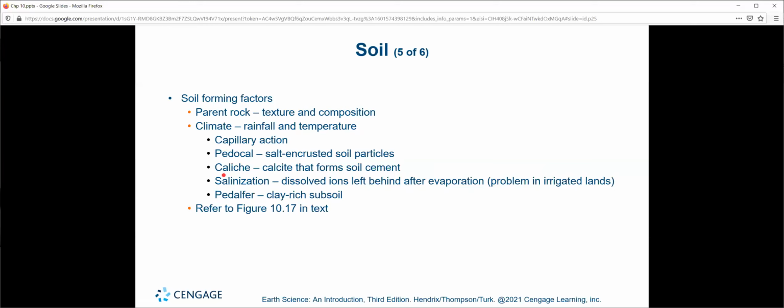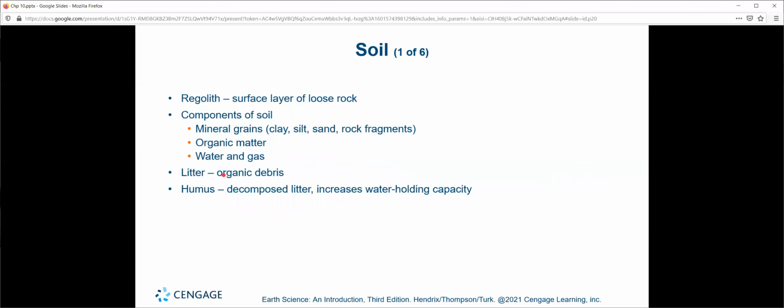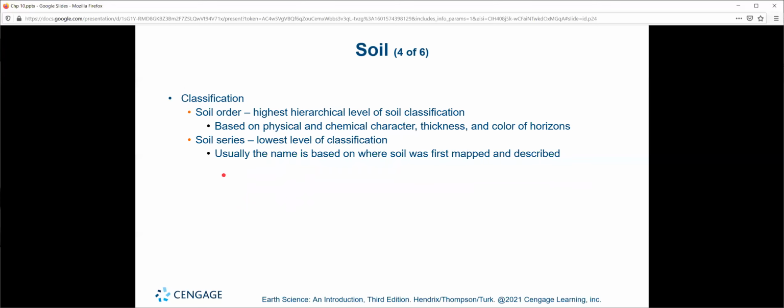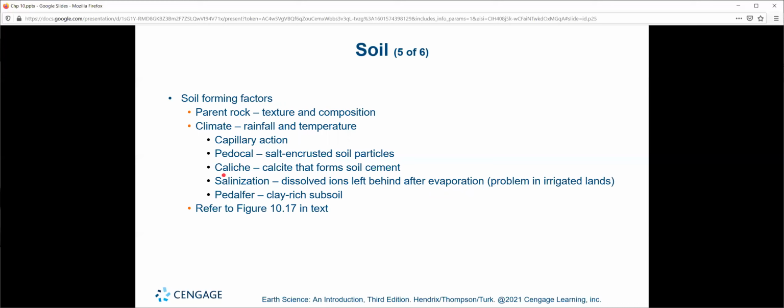But the type of soil you get is dictated by the type of source rock, the type of parent rock you have. There is a very good reason why some places can grow a lot of crops and other places cannot. That is due mostly to the mineral grains, clays, sands, silts, rock fragments, what have you, that allow the organic material in the water to be collected. As I said before, you can grow stuff in heavy clay soil. You don't really want to, though. Clay doesn't hold the organics in the water nearly as well as a nice silty, a nice shaly soil.